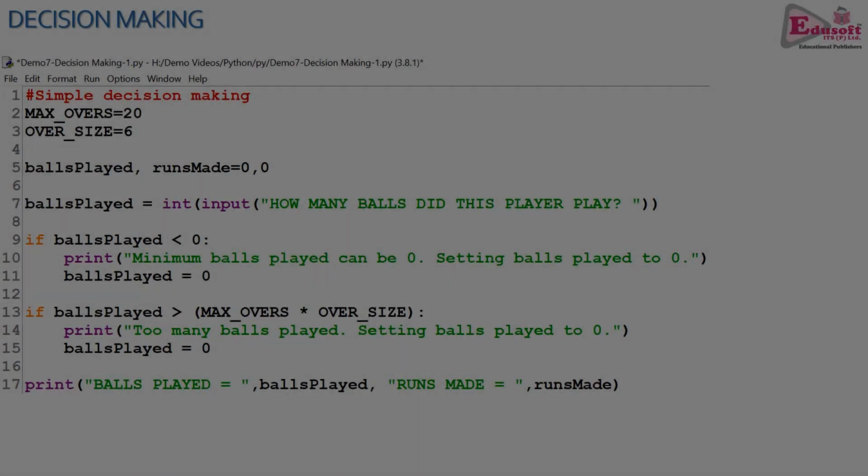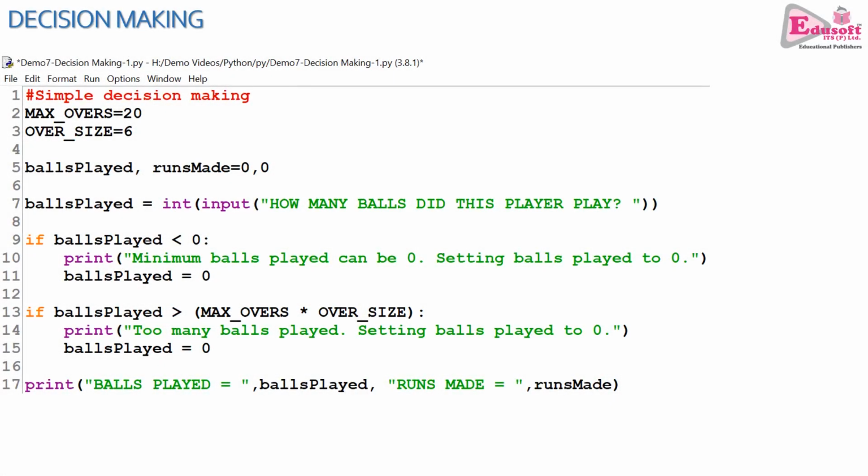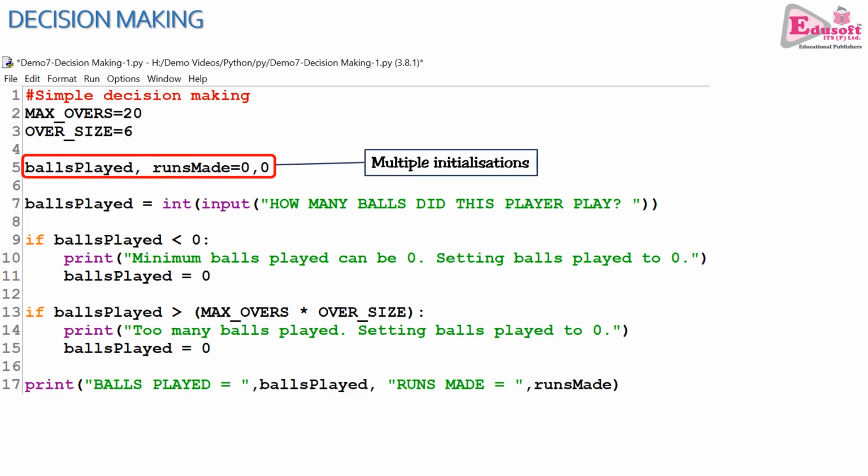Let's begin understanding decision making with this simple program first. As you see, line 9 and line 13 are using the if keyword, which is used for decision making. These are called decision making constructs. Balls played and runs made in line 5 are the two variables which are initialized with value 0. How are they initialized? A comma separated list of variables equal to comma separated values. Now, if we focus on